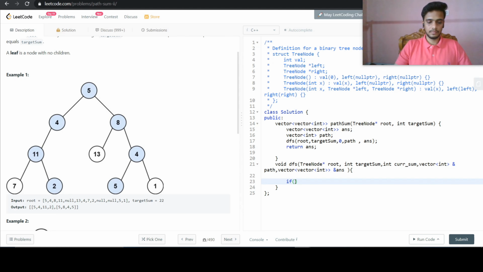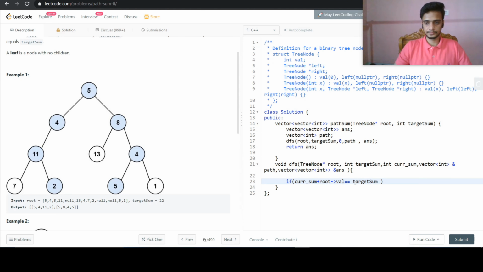So first of all, we will check here whether our current sum plus root's value is equal to our target sum or not.